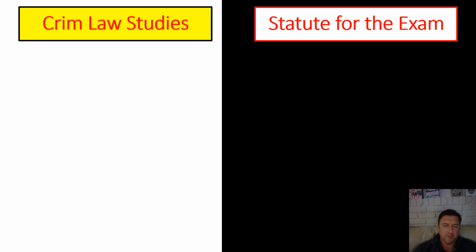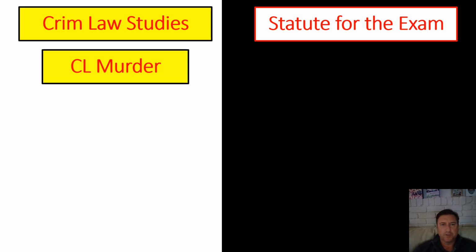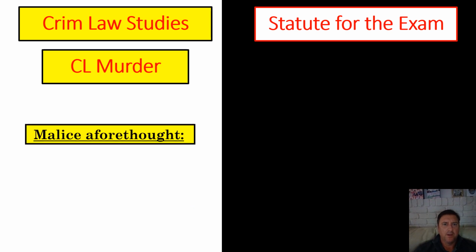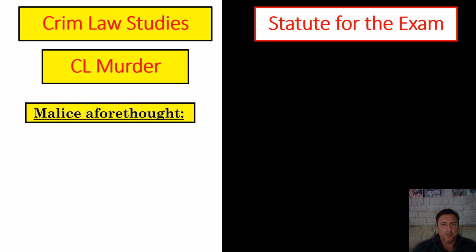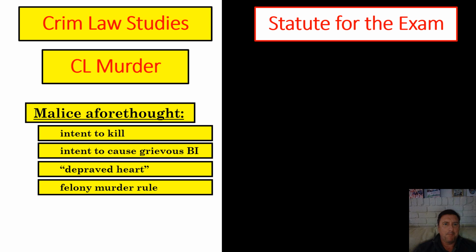Another good example comes from common law murder. Common law murder, no degrees. They just had a definition developed for common law murder, and that was the unlawful killing of another human being with malice aforethought. And we learned from the development of case law over years, the common law incorporated several different intents, four different types of intent that meant malice aforethought: intent to kill, intent to cause grievous bodily injury, depraved heart, or the felony murder rule. Okay, so we have these developments.